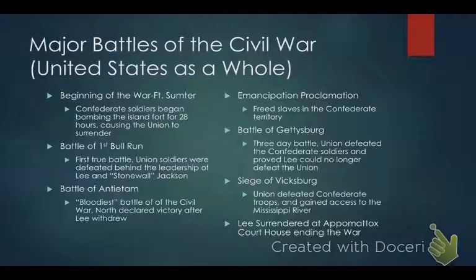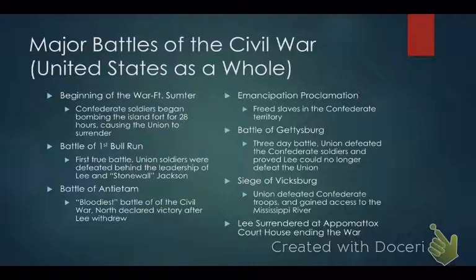The next major battle that we had was the Battle of Antietam, which is the bloodiest battle of the Civil War. And the North declared victory after Lee withdrew. Basically, nobody won, but since Lee retreated first, the North claimed it as a victory. It really and truly is a flat field, like a football field, that they're fighting on. Many Texas soldiers held their own there, but overall it was just a really bad situation for the South, and